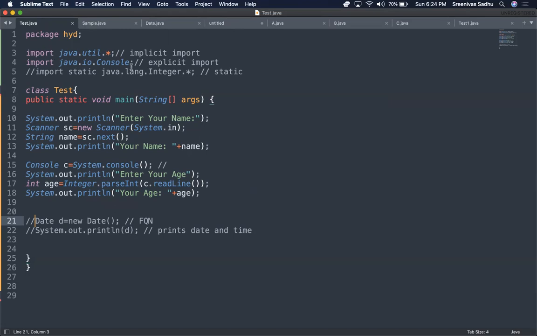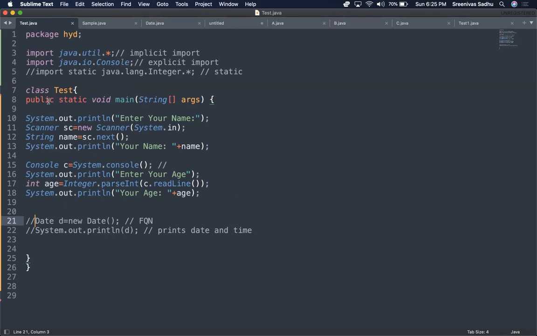First I'm showing you implicit and explicit. import java.util.* is an implicit import because .* is there, and import java.io.Console. The Console class is in the IO package, and is used to read data from the user. So I'm using the Console class with an explicit import.